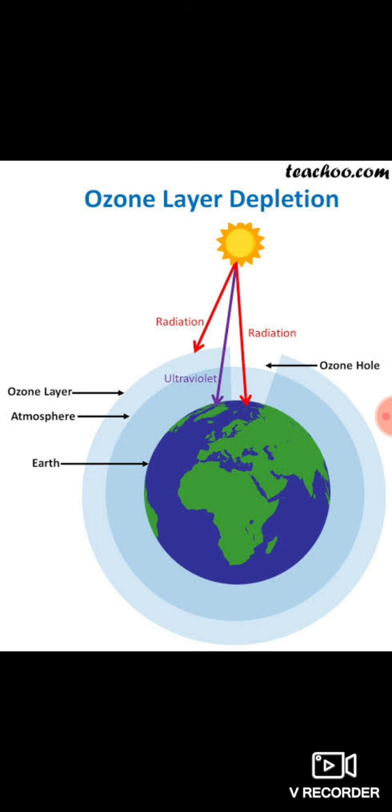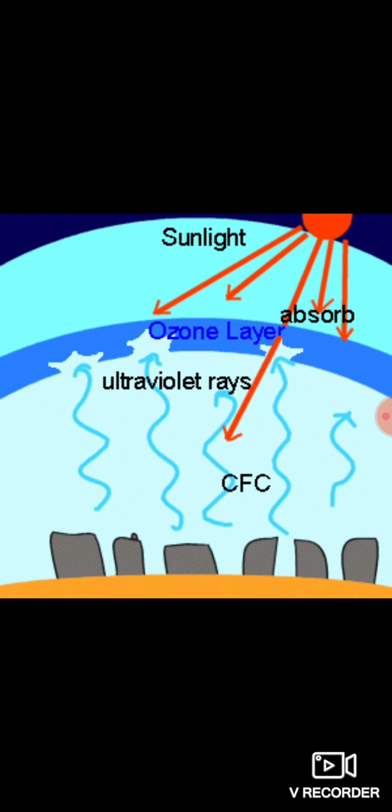But nowadays a hole has been observed and so these harmful radiations are reaching the surface of Earth. As they are reaching Earth's surface, they are creating many problems. Now let's see how this hole has developed. This hole has developed by the use of